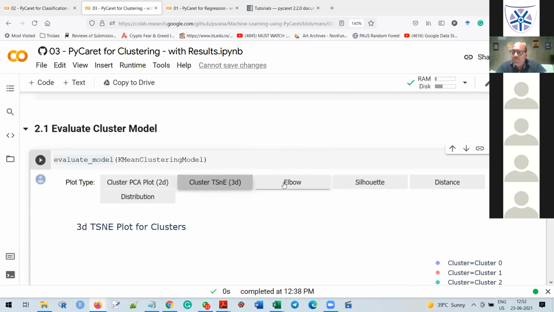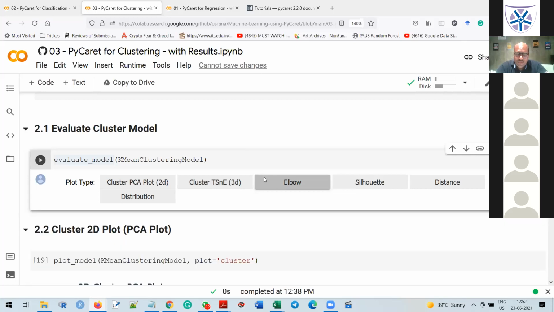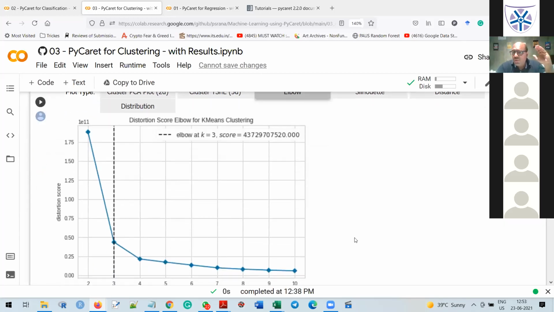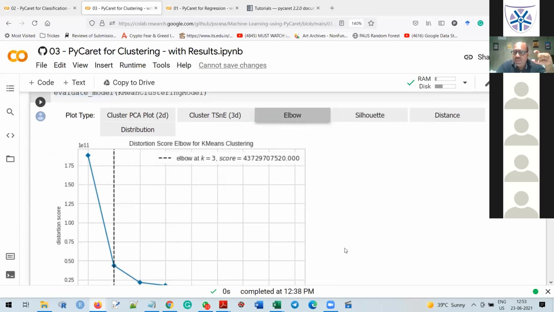Next, the elbow plot. Class, the elbow plot is the most important plot to know the optimum number of clusters required for my data set. This is a very important topic: how exactly we find the optimum number of clusters. If somebody asks, you should let them know that we plot an elbow.